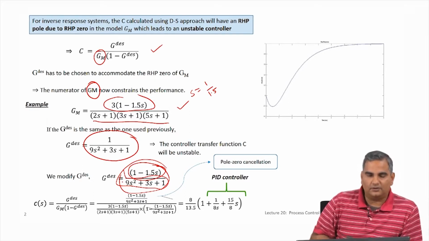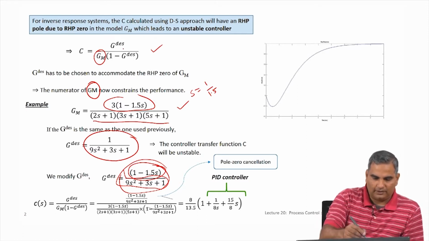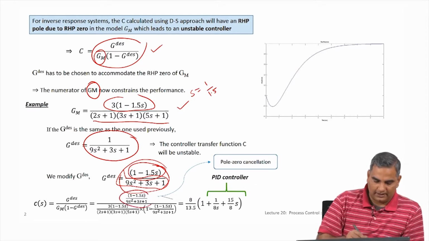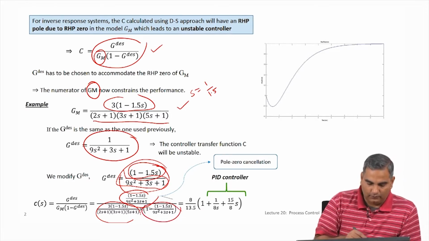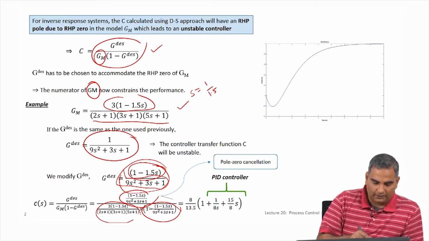I will now get a controller which is stable. So, now with this G desired I go back to this same equation here and then put this here. So, this is my G desired, this is my GM, and this is my 1 minus G desired. Now, if I do the algebra, the key thing that you want to notice here is that because this 1